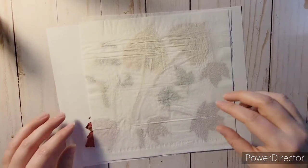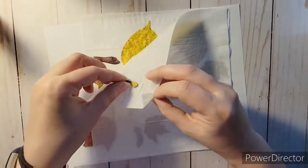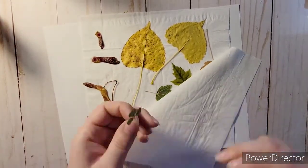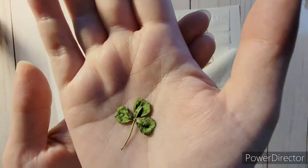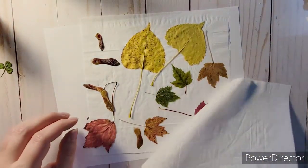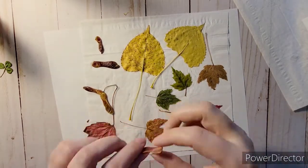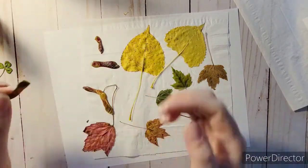I don't know. This was the leaves. I don't think these would work because they're so thick. Oh, look at the little clover. That I can use. That's actually kind of cute. That's the back of it. Got some nice leaves. Yeah, because there's like a seed in this part, so I don't think those would lay flat enough. They are kind of flat, but